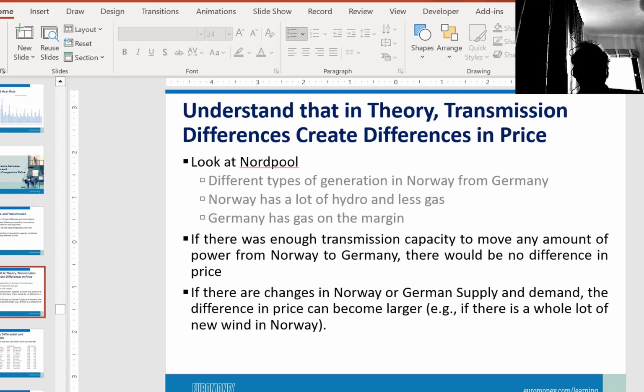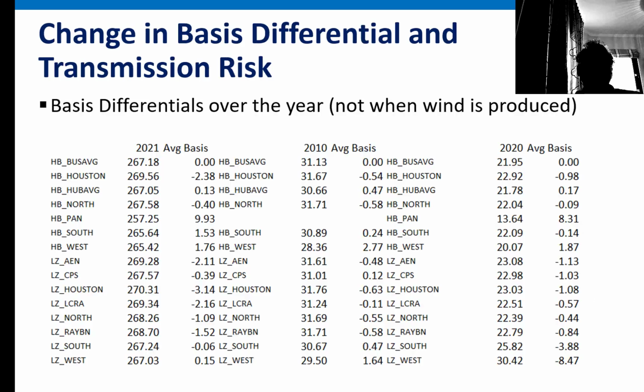Now let's go back to this. Here, you just go to the ERCOT website, and I didn't take every single year because I was too lazy, and this is just studying the history. Then we can say, 2021 is when we had that enormous winter spike. But I took the average for the whole ERCOT versus the other ones, and the big deal is to see how these margins change. Look at this LZ West or whatever. Here's the margin in 2021,